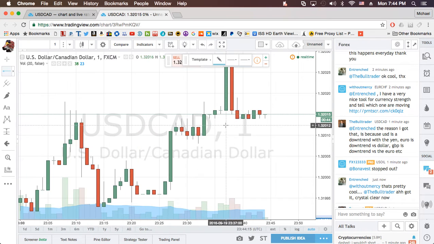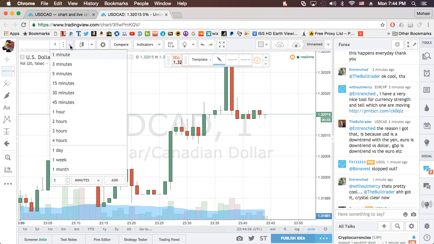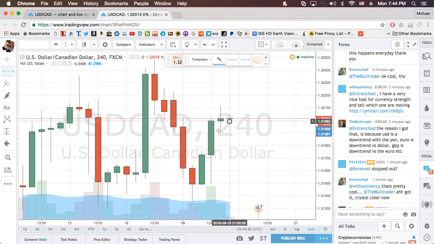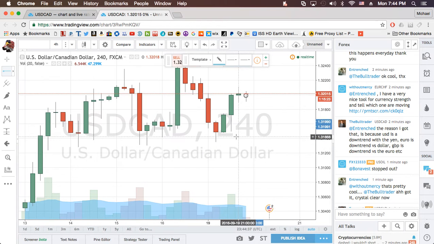I see. So if you see a red candle and then a next green candle, that means from that very bottom point of that red is where it closed at the hour or minute or whatever time interval you're looking at. And wherever the top or bottom is, depending on the color of the bar, that's where it stopped. But if the wick is up there, that means it touched up there at one point, but it didn't stick there. It didn't stay there.